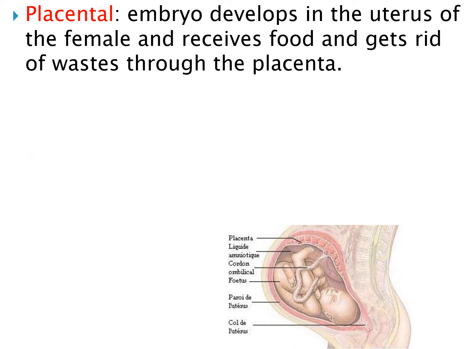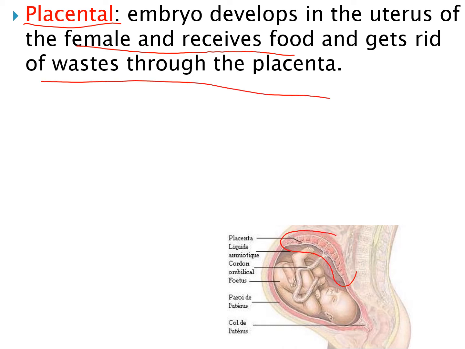Obviously, for humans, we have placentas, and that is when the embryo develops inside the uterus, as I mentioned before, and the female body begins to send food to the baby and gets rid of the waste through the placenta. So the placenta will hold on to the uterus and provide food. This is why we have the umbilical cord, because the umbilical cord gets food from the placenta, and so your belly button is how your mama used to feed you